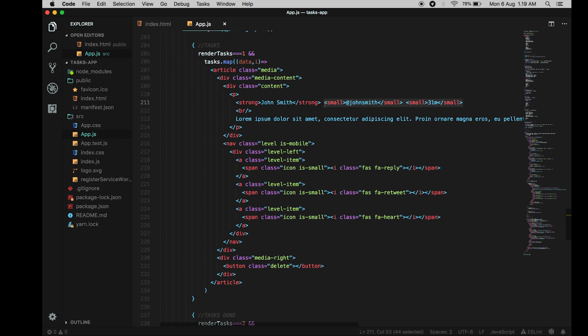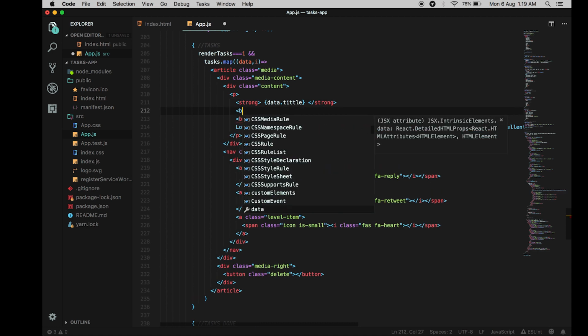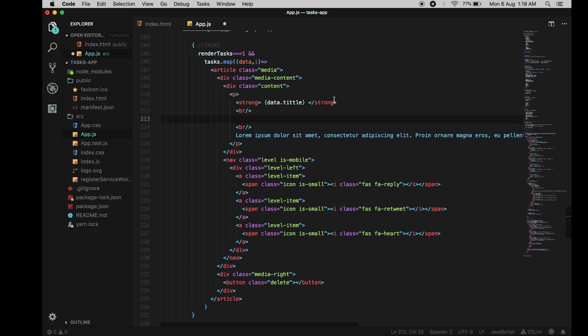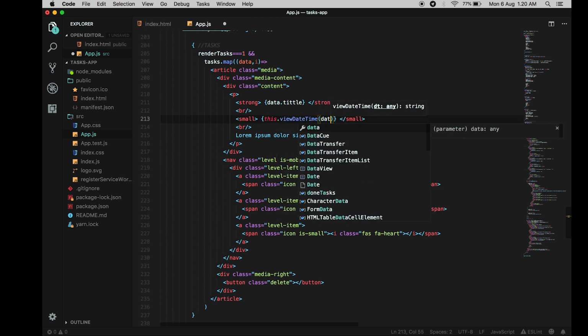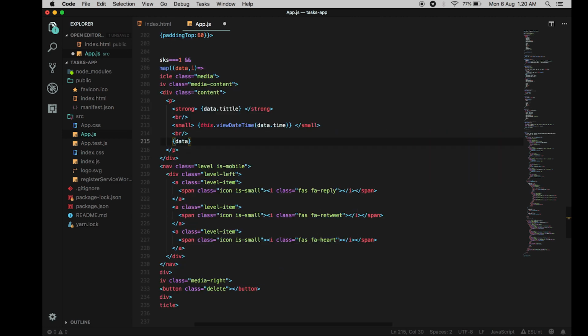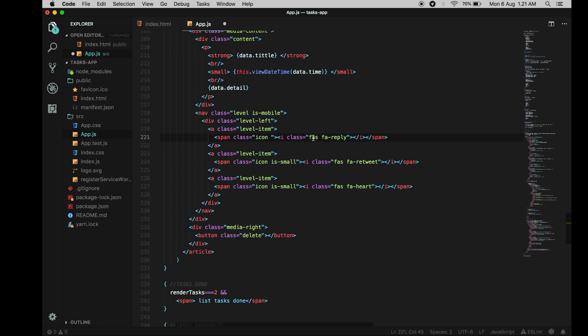I think we don't need this. This for title, and we use our function view the time for convert the time,